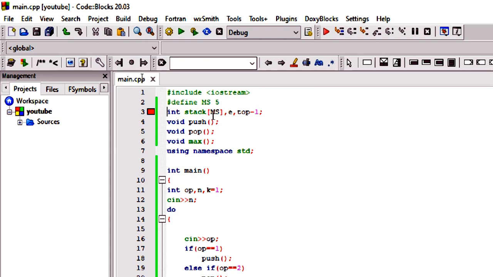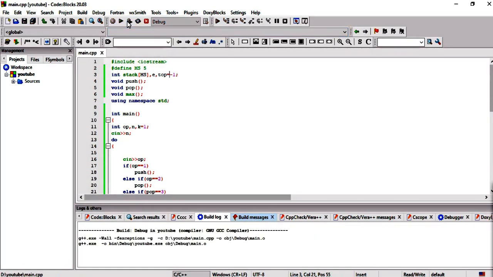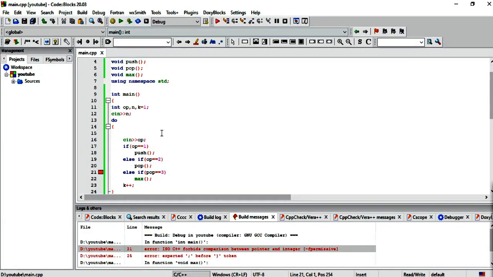Why is it showing me an error? Expected initializer before. Okay, guys, here we have missed something. And what comes again? Comparison between pointer and integer. We have missed some.